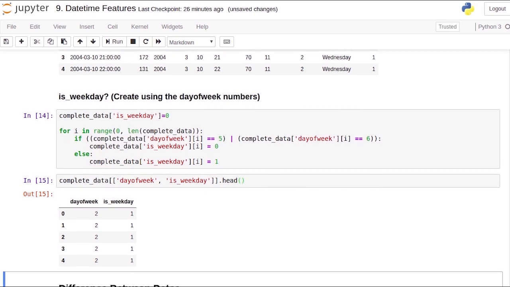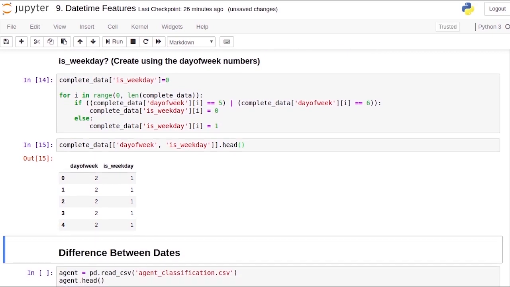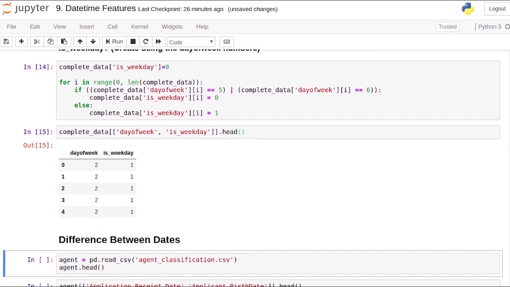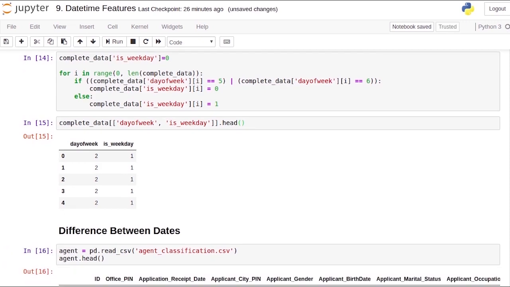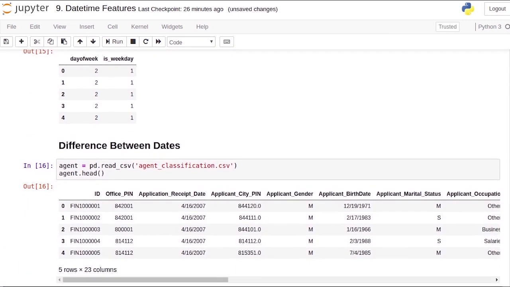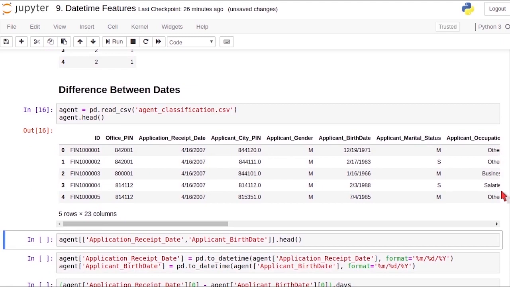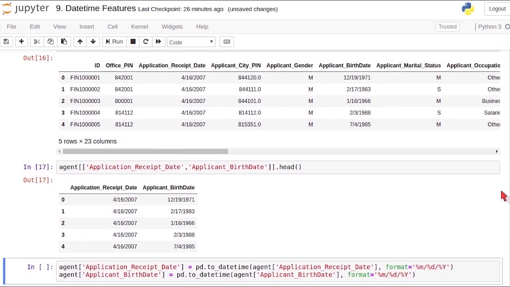We can also determine the difference between 2 dates. For example, I've taken up a new data set, which I'll just read, that has 2 columns, application date and the date of birth of the applicant. So application receipt date here and the applicant birth date. So I'll quickly print out the head of these 2 columns for easier use.